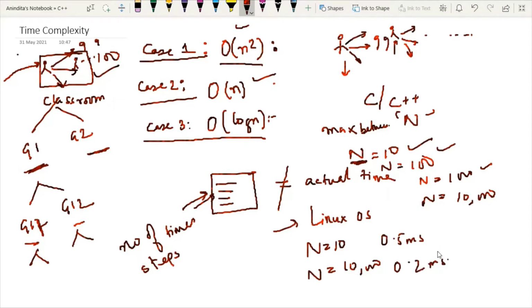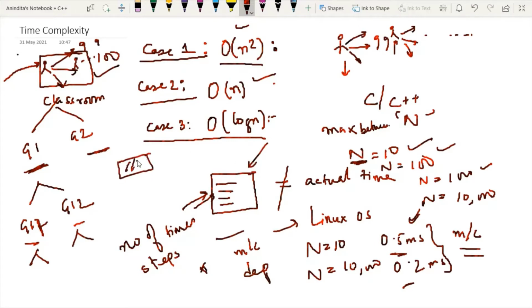Also, you will get different timings on different machines. This time is not fixed to any specific machine. If you change the machine configuration, then the time will change. So we can say that the actual time required to execute a particular code is machine dependent. This is the point you have to understand. I have explained that whenever we execute code in Code::Blocks, after giving the output at the end, it will give you the execution time. I am talking about that execution time. That specific execution time is totally machine dependent.